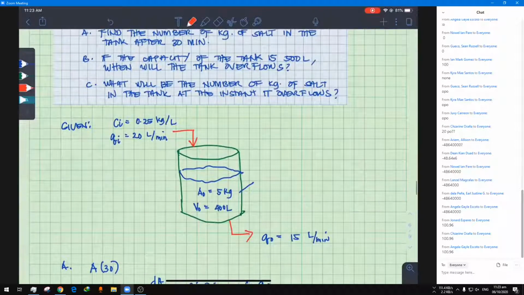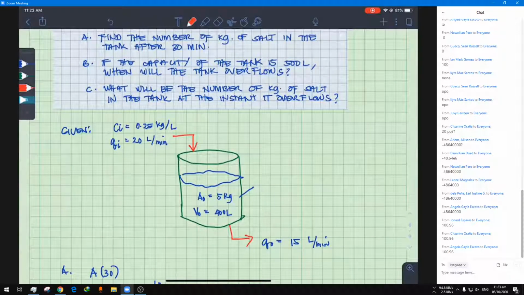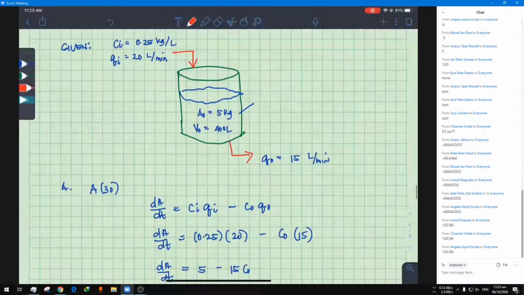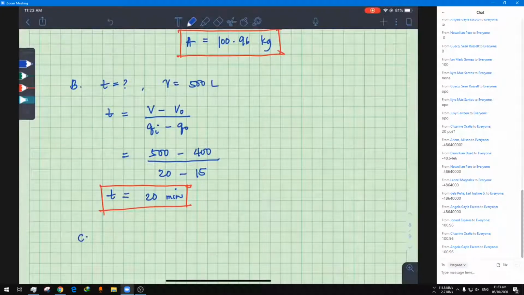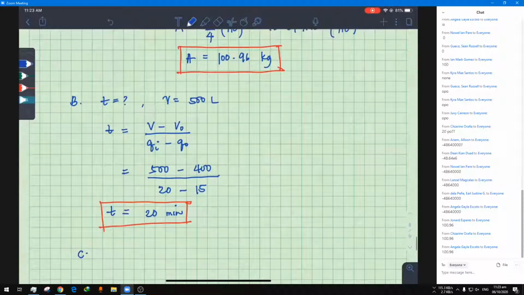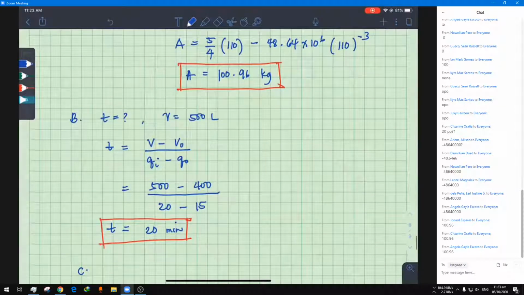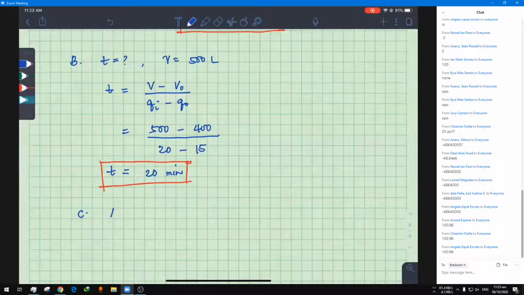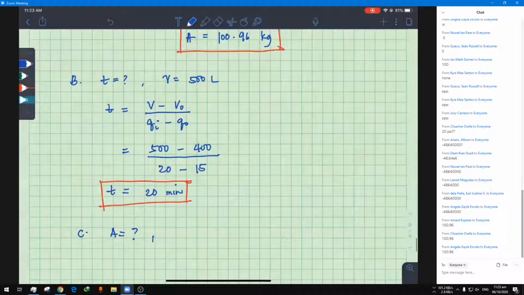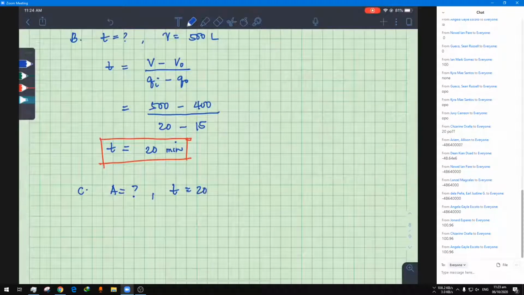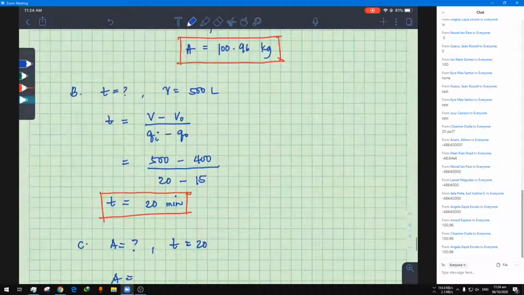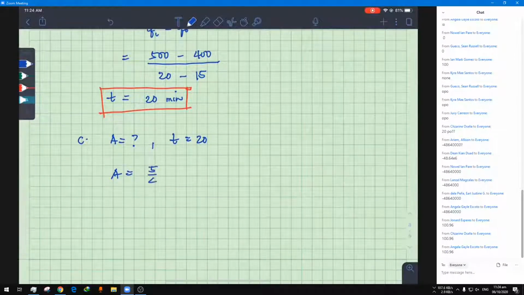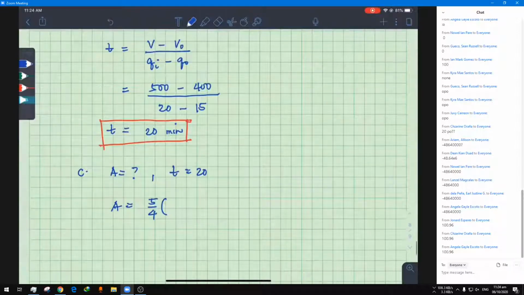And lastly, what will be the number of kilograms of salt in the tank at the instant it overflows? So dapat yung amount of salt is less than 100, no? So what would be the amount? So at the time of the overflow, in short, T is 20. So A then would be equal to 5 over 4. Tapos we have